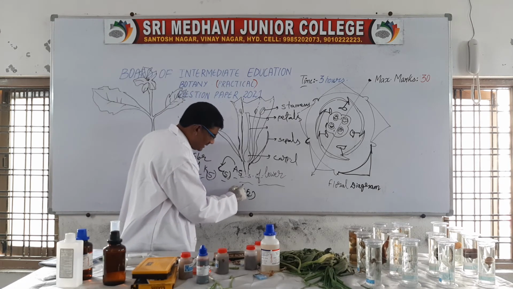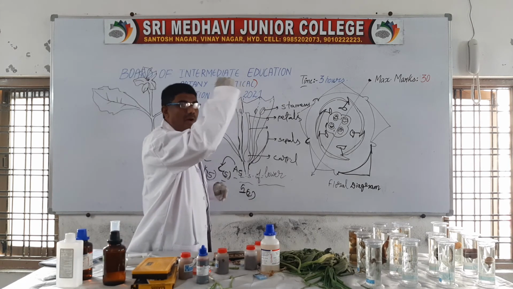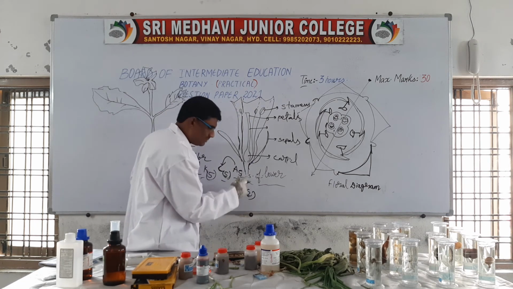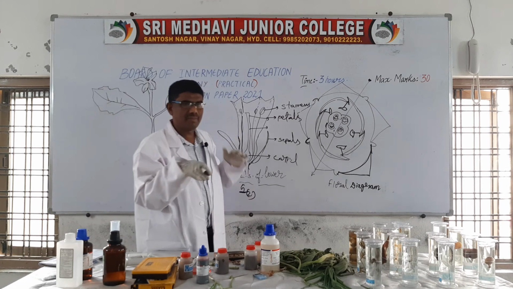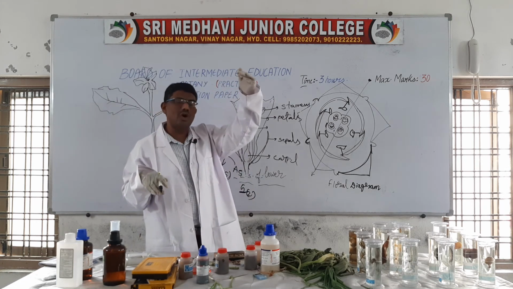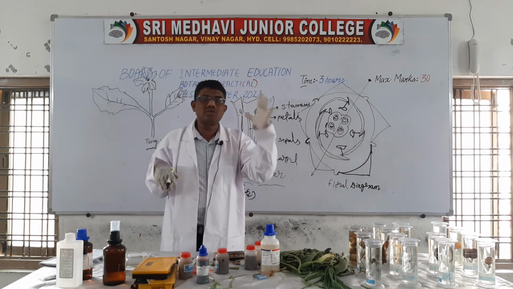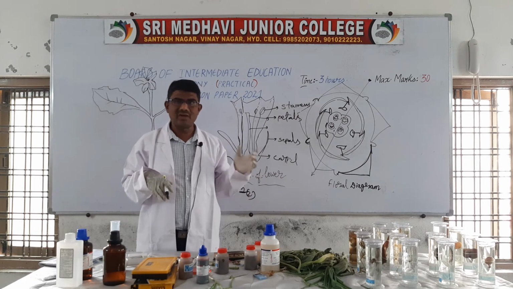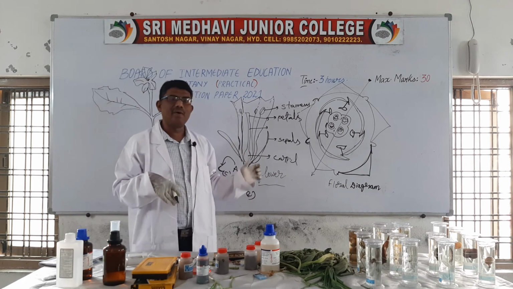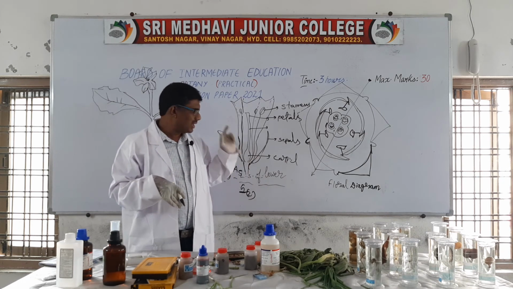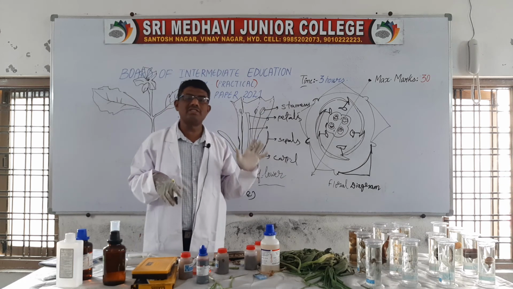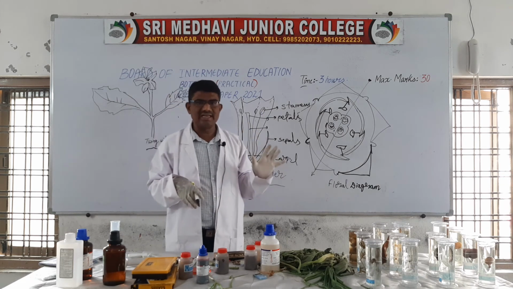The gynoecium is located at the top position. This is called a superior ovary. When we draw this, the G with a line below it means the gynoecium is on top. That ovary is called a superior ovary, and the flower is called a hypogynous flower. Understand? You have to write the floral formula and floral diagram. These are a must for the practical examination.